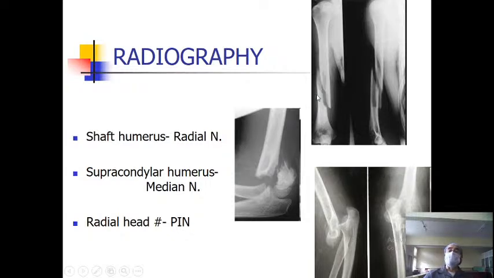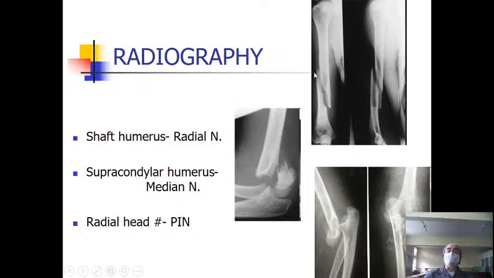All of these are associated with nerve injuries. This is the humerus. You can see the long oblique fracture, and this is the head. And what are the nerves which are in close association with this? The radial nerve is in close association with this, and fracture of the humerus with radial nerve palsy is a very important clinical entity, and if you miss it, definitely it will be very difficult for the patient, because if you